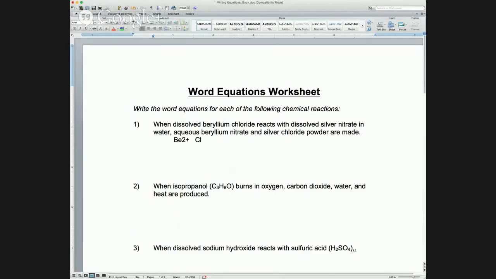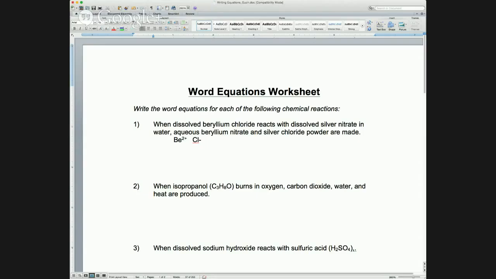Now this is something we've been doing all year. I don't want to have to go back and do this over and over again, so I'm going to do it once for you guys. Beryllium is in the second column. It has 2 valence electrons. Is it easier for it to gain 6 or lose the 2? It's going to want to lose the 2 to get down to 8. Remember, we said 4 is kind of our middle ground. If it's got above 4, it's going to gain more to get to 8. If it has less than 4, it's going to lose those to get to 8. So beryllium is going to form a +2. In addition, it's also to the left of the zigzag line, so it's definitely going to be positive. So beryllium 2+,